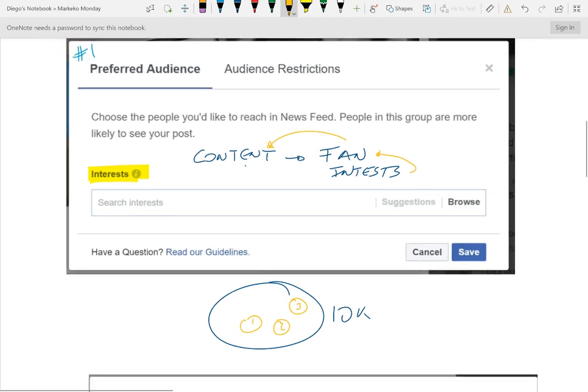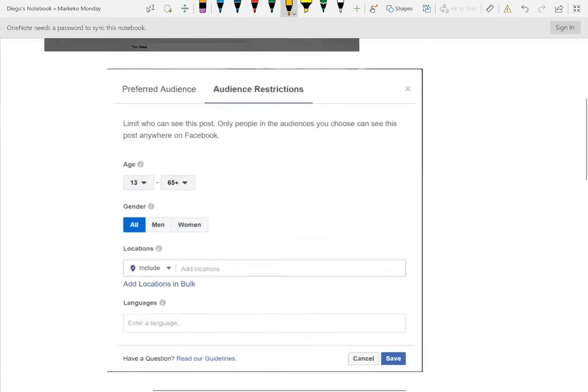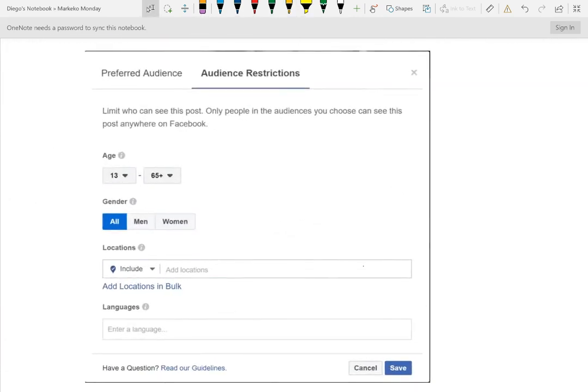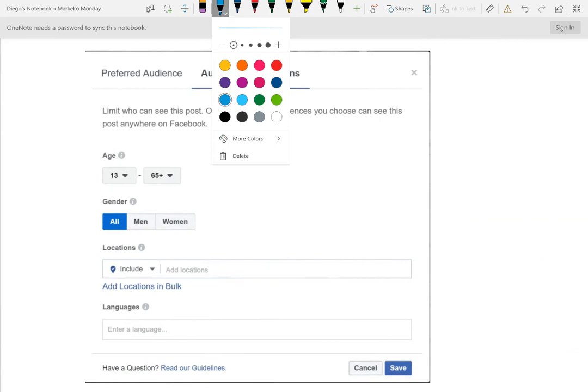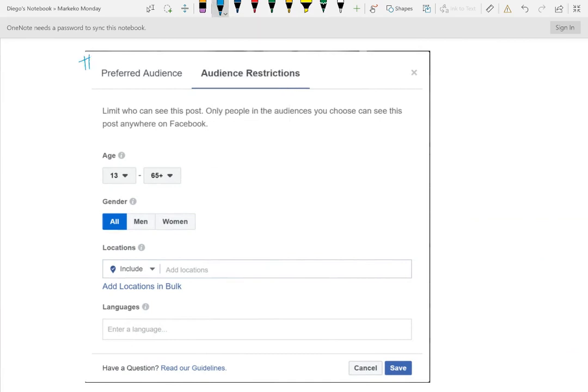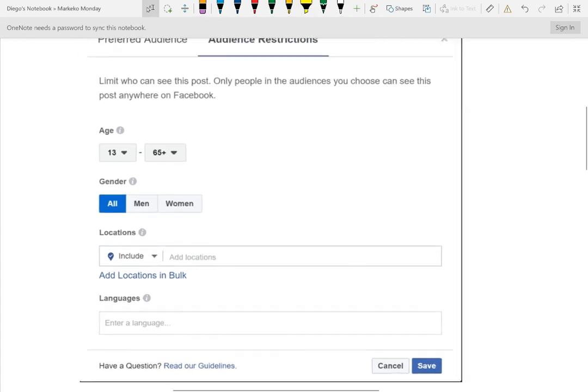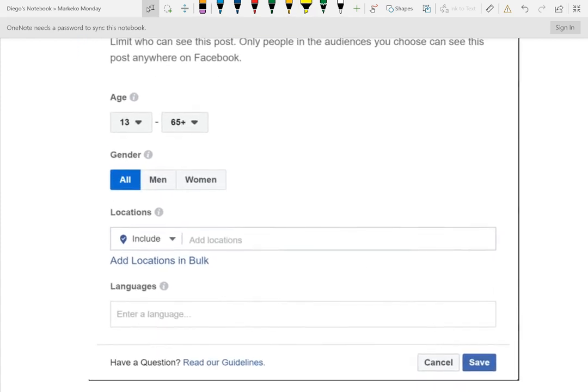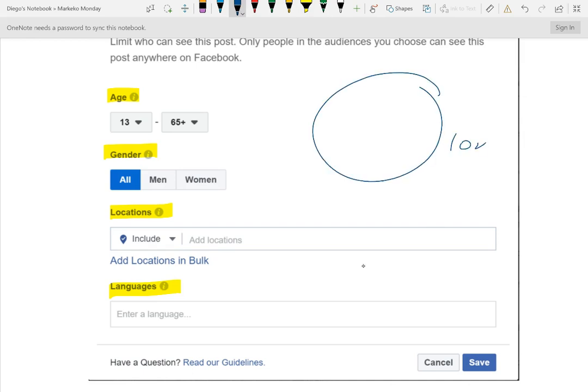And the second tool you can use is your audience restrictions, right? And so what audience restrictions does is it gives you a second layer of segmentation with demographics. Basically, you have age, gender, location, and languages. So this will do the same thing and the same logic that you're doing with core or saved audiences, right? I have 10,000 fans,